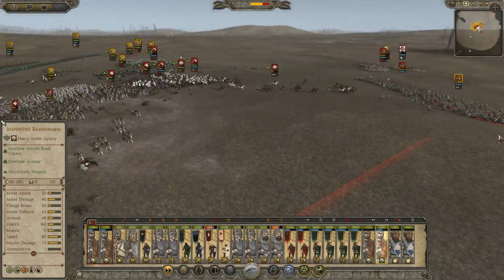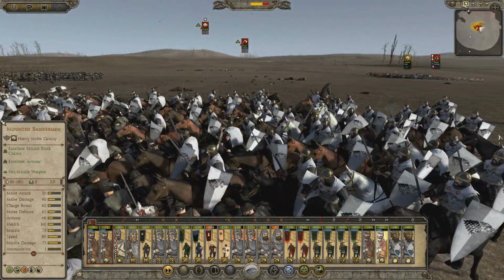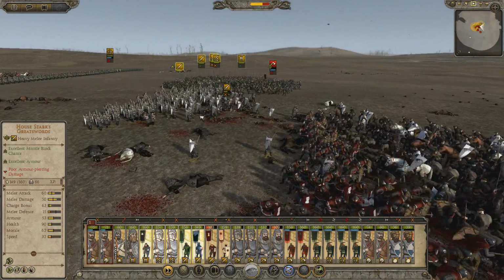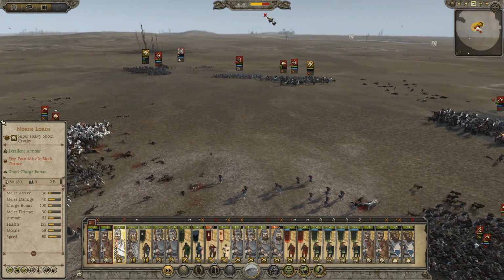Wow, this is just... Who do they have leading them? Winter Guards. Damn your rebellion, sirs. Damn your rebellion. But the Wildling axe throwers, no match. And as you can see,